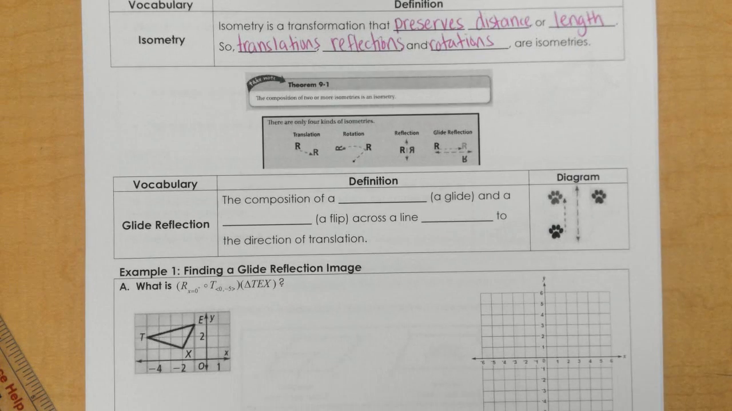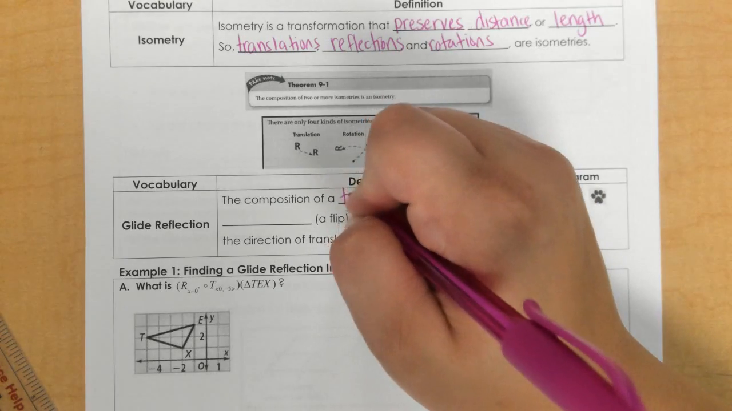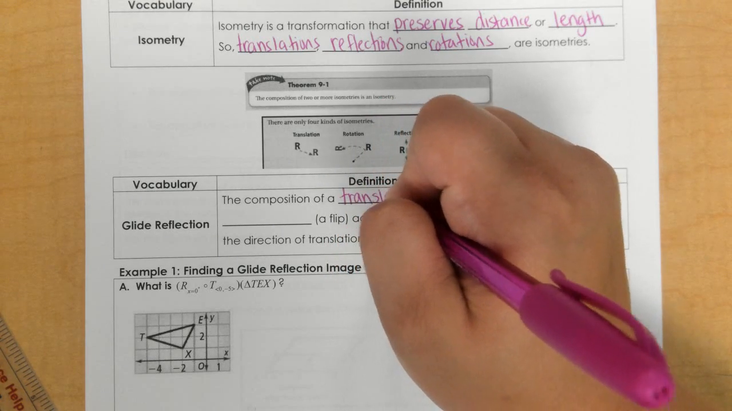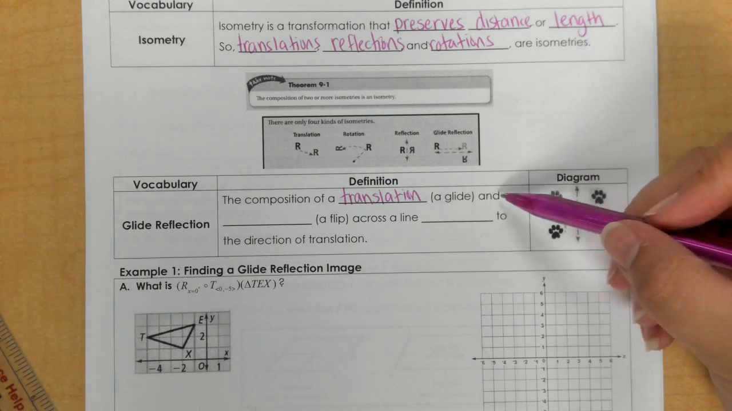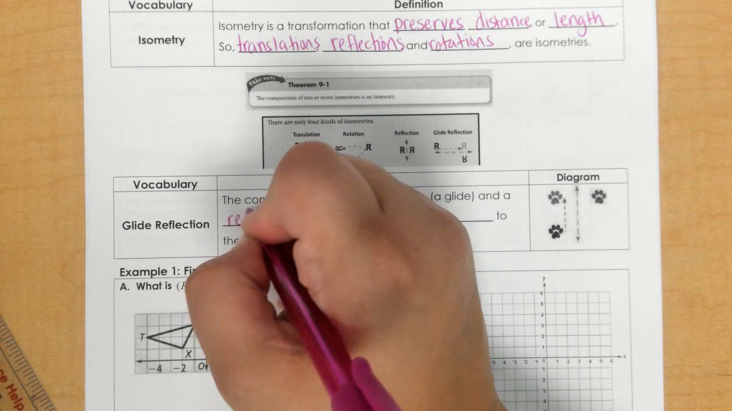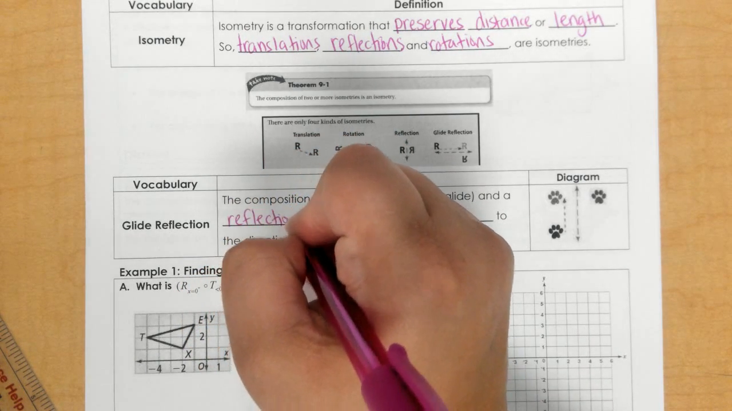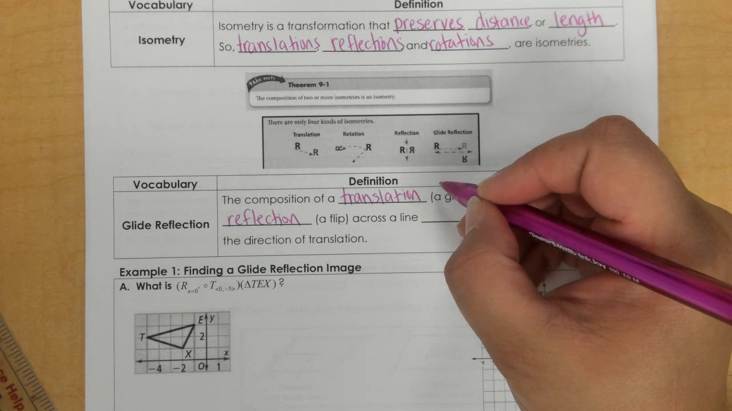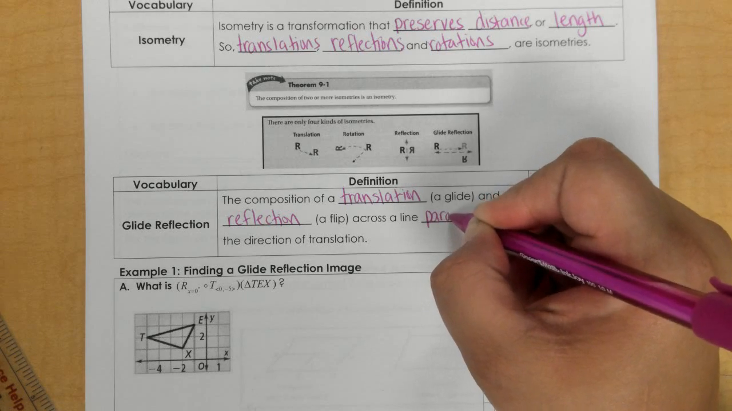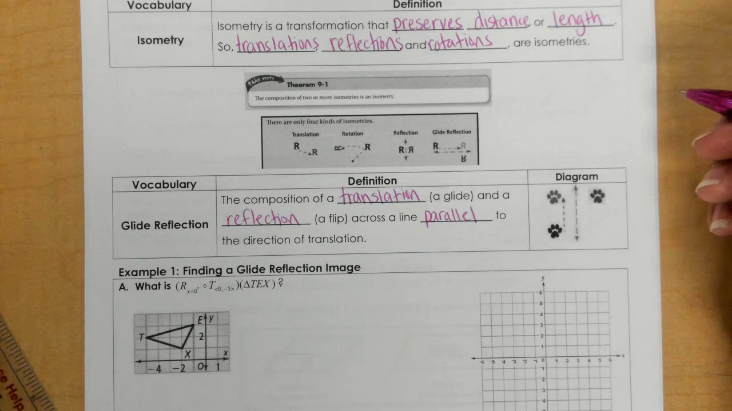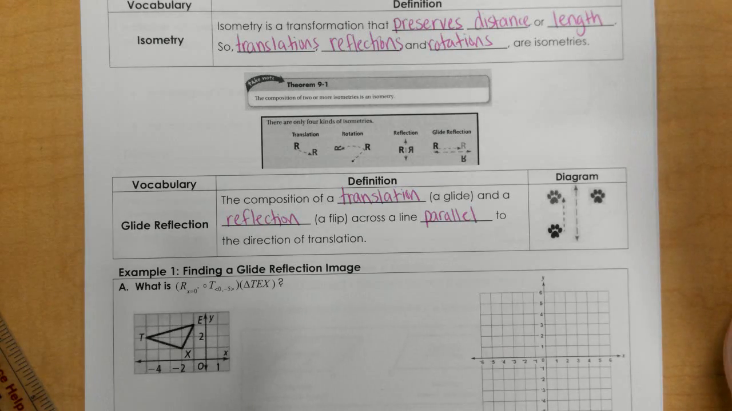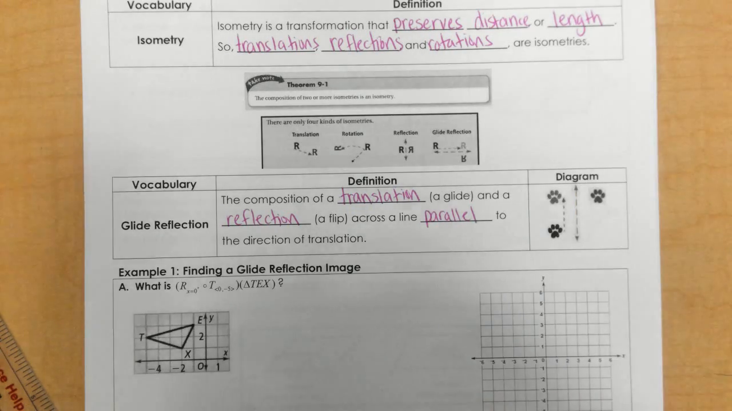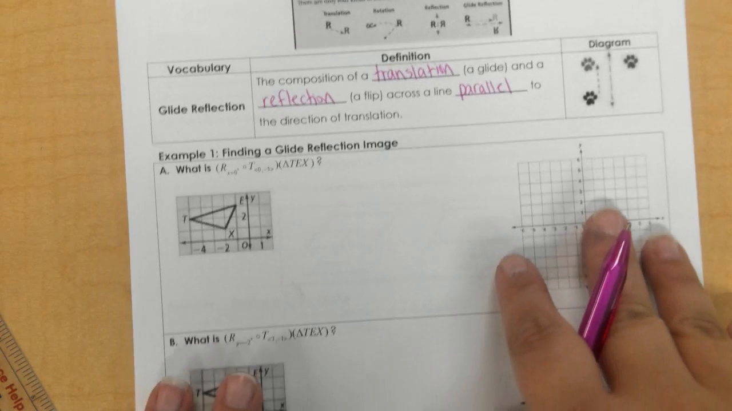So for a glide reflection, this is a specific kind. It is the composition of a translation, which is your glide, and a reflection, which is your flip, across the line parallel to the direction of translation. Alright, so let me just show you. So first,